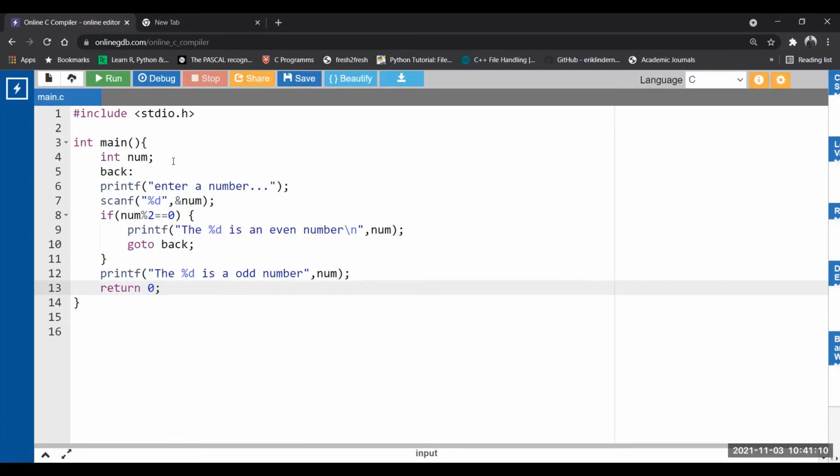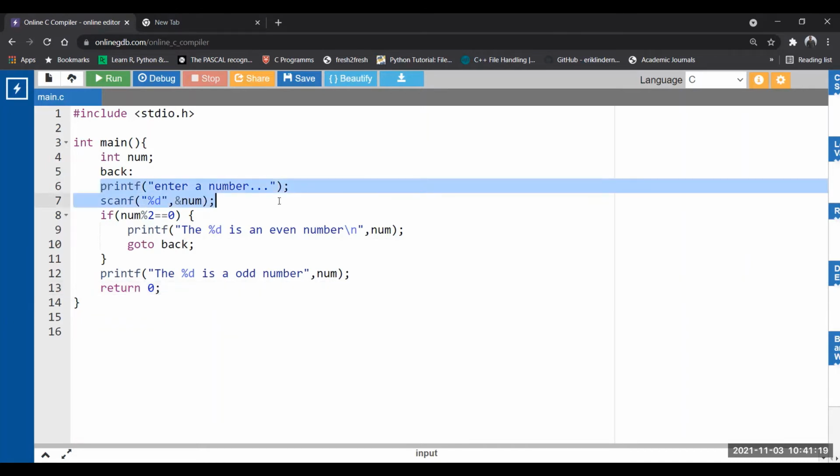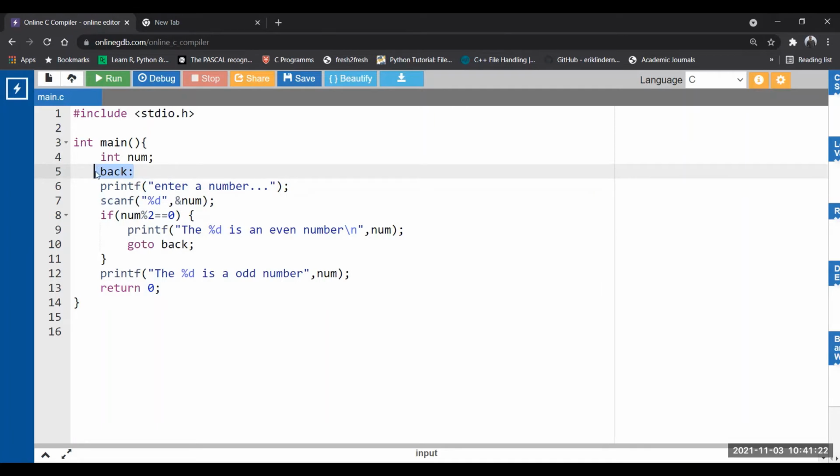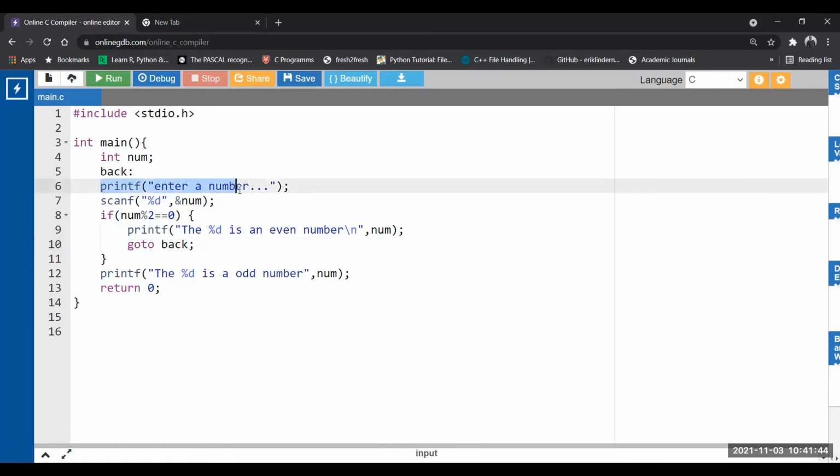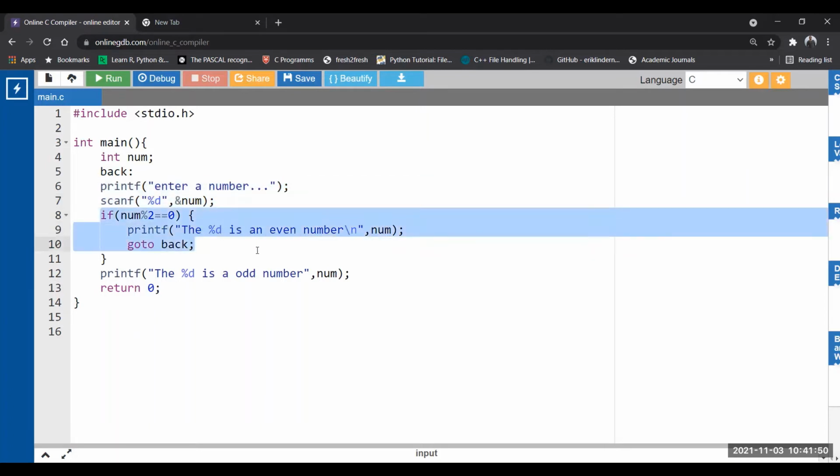Okay, so let us analyze how it will be evaluated by the program control. Initially, it will take an input, because this line number 5 will be marked, the compiler will put some bookmark over here so that later when you refer to that particular label, it can go back to that particular line number. Okay, so it will take input. Suppose we give an even number as input, so this condition will be true. So it will print this particular number and it will force you again to go back to take the input. So that means until you enter an odd number, this program will continue through this goto statement.